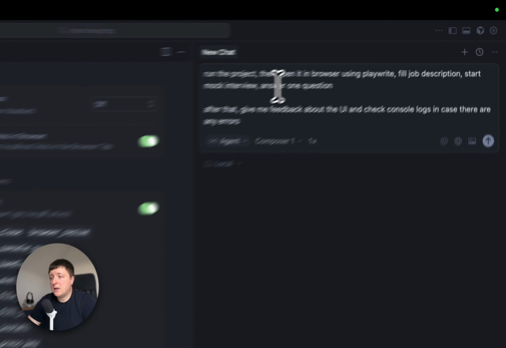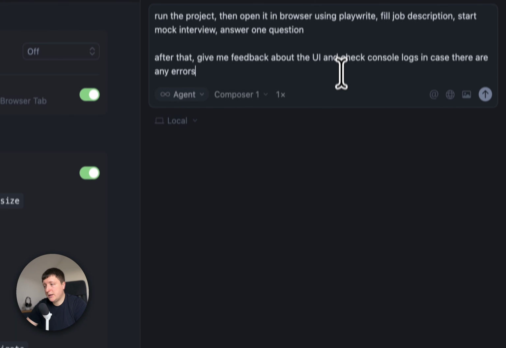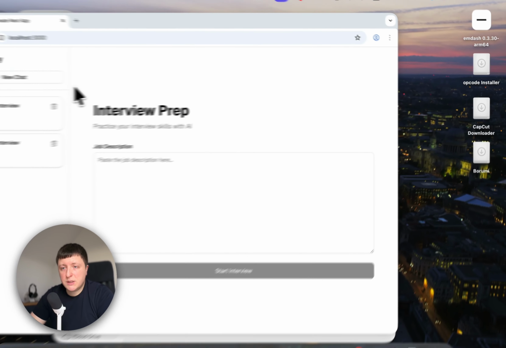Run the project, then open it in browser using Playwright, fill job description, start mock interview, answer one question. After that, give me feedback about the UI and check console logs in case there are any errors. Let's run this prompt. You can see that